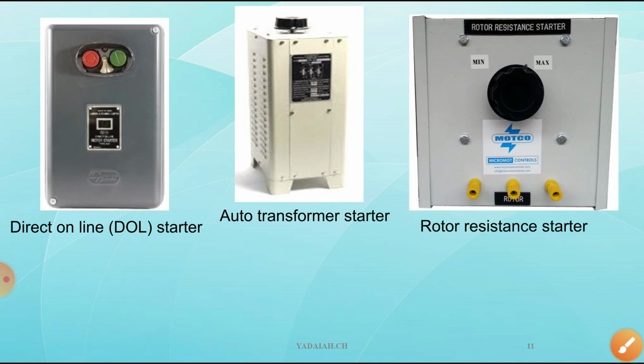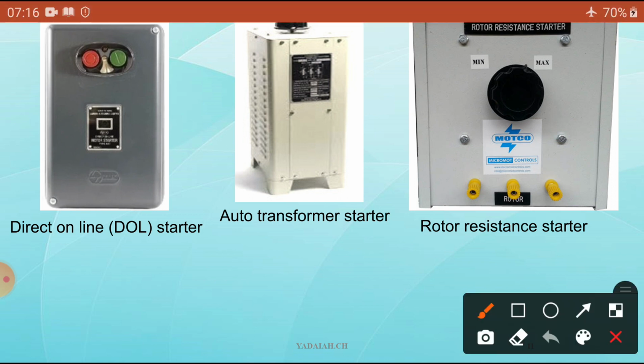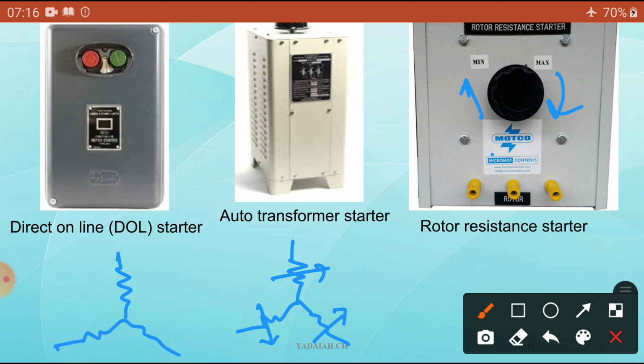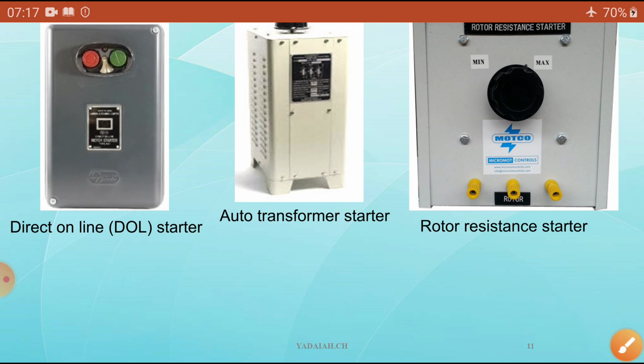Now coming to another starter, the rotor resistance starter. So what is the rotor resistance starter? Inside there is a resistance provided, in 3-phase starters. By changing the knob, you are going to vary all these resistance values at a time. At the same time, there is also provision for overload and underload protection. So initially what will happen? Minimum and maximum. That means minimum resistance. What is the minimum resistance? You are going to connect here. The jockeys are connected. So these are the terminals to connect the phase. So you are going to connect this one. Okay, I can connect it.